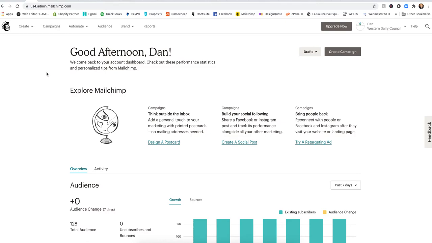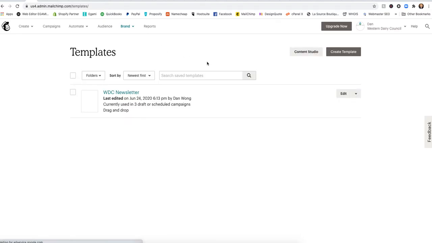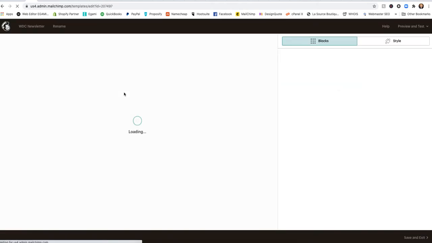in your Mailchimp. So the first thing you're going to do is go to your brand, and here is where the templates are. This is only if you want to change the template. So I'm going to show you what this client's template looks like at the moment. They have one template in here. So you just click on the template,